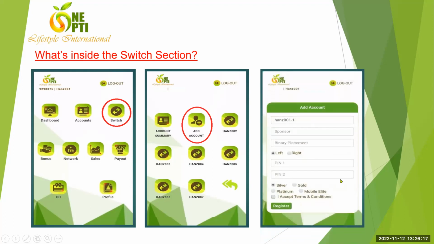So in this example, if you click on add account, it will give you this page. You will see that hand 001-1 is already pre-populated. You just have to remove that one. This happens mainly because I already have 7 accounts. But if you don't have any additional accounts yet, this will auto-populate. You just have to change, let's say, hand 001 to 002, then 003, until you have that